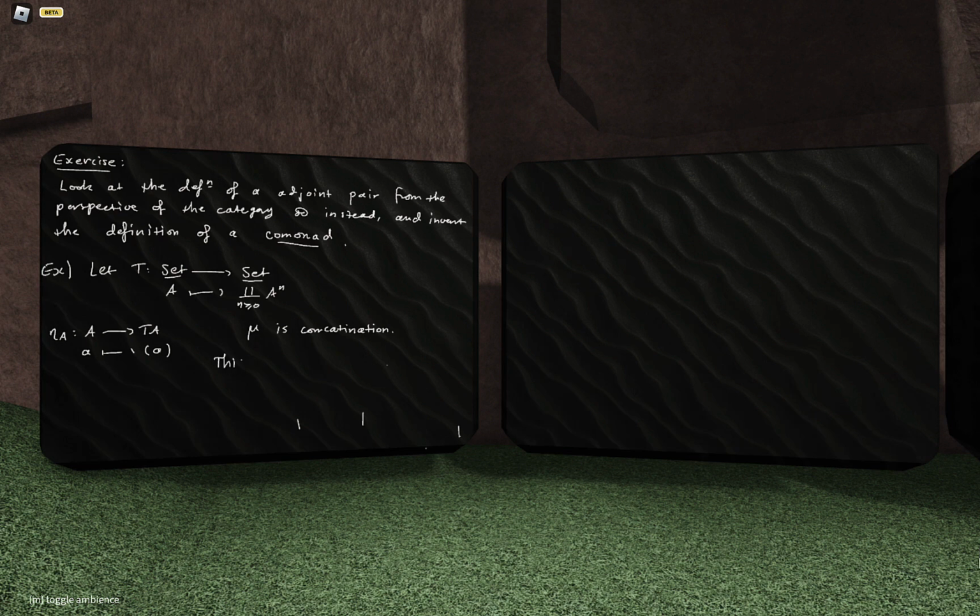Then this is a monad. And in fact, it's the monad that arises from the adjoint pair that we looked at the very start, which is to take the free functor followed by the forgetful functor. Okay, so this is a good example for that reason, but it also gives you a hint as to